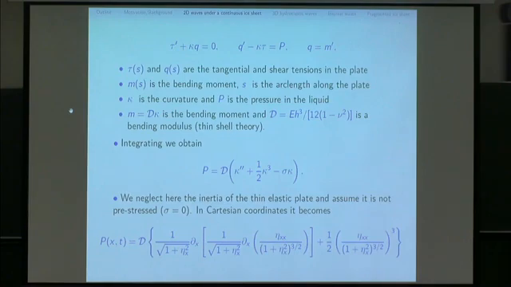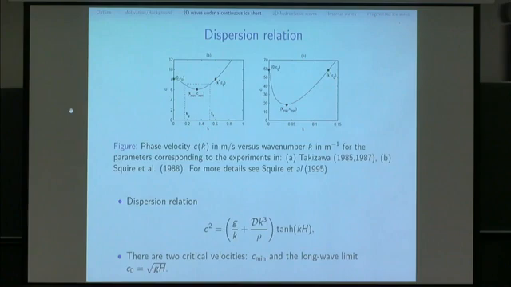We make some assumptions, so we have no inertia. If you have inertia, we have to consider some other terms, some eta tt terms in the Bernoulli equations. No cavitation, so the elastic plate is on the water, there is no air between them. I assume there is no pre-stress on this elastic plate, so I'm using this sigma to be 0. And first, I'm going to look for the dispersion relation to see the link between the phase speed